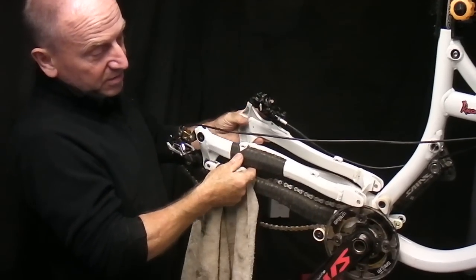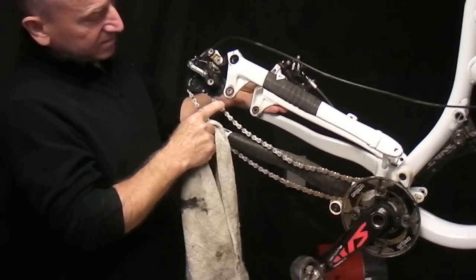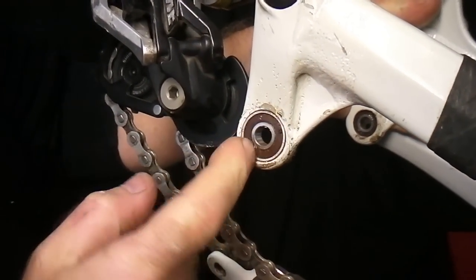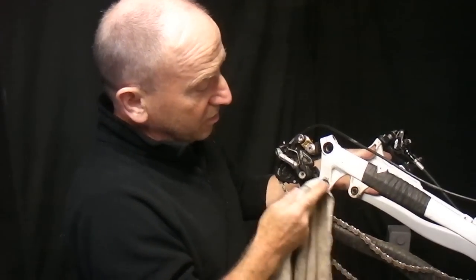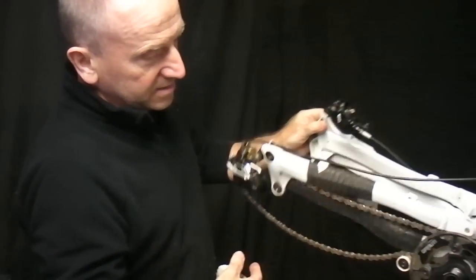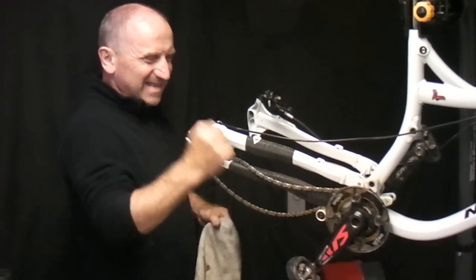The back end stripped out of it, and you wouldn't believe the crud that gets in. I don't know whether you can see that, but that was shining. It's now got like a sandy grit in all around the shim side. Hopefully it hasn't got into the bearings, but I'm going to pop the seals again, pack the grease in on all the pivot points, and rebuild her again just to keep that smoothness in the back and take that gritty